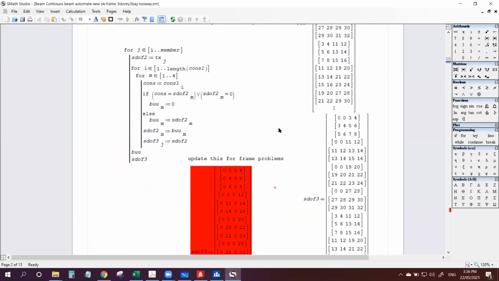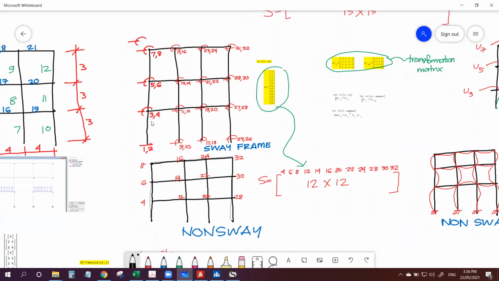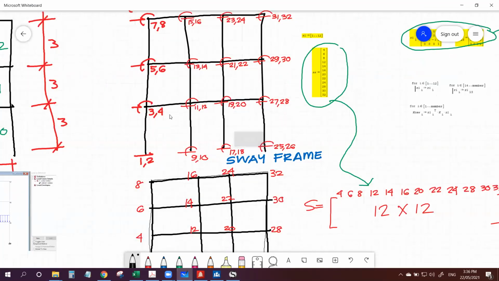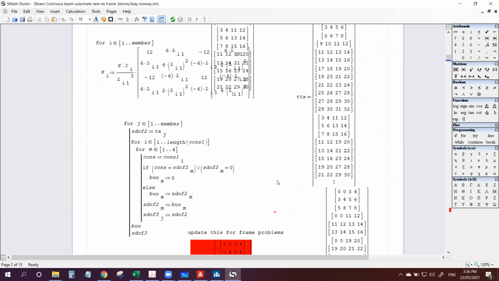My code is not perfect, no, because there's a problem in the girder. Because as you see, this 3, 4, 11, 12. This 3, 4, 11, 12. It needs to be consistent. So what the code so far generates is something like